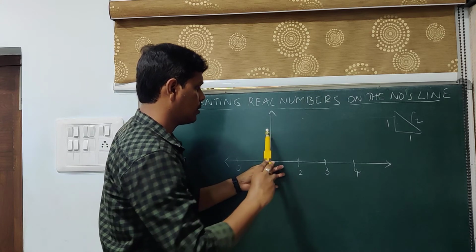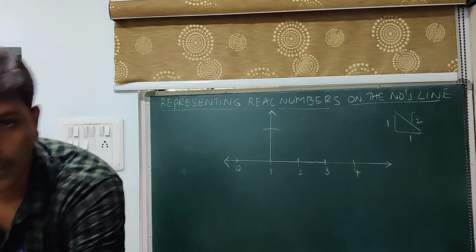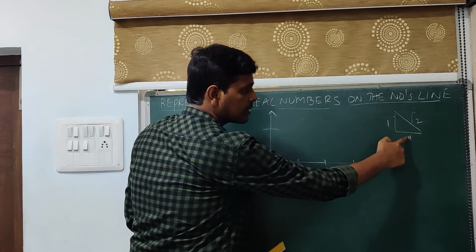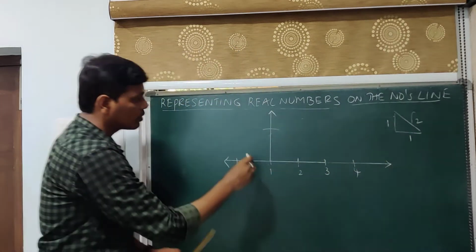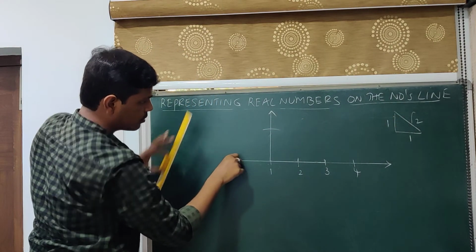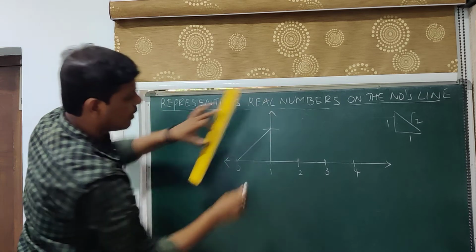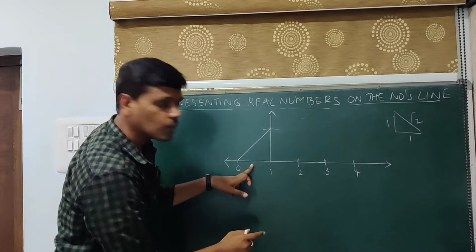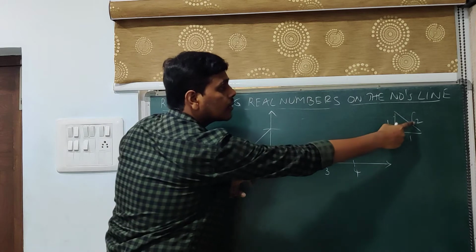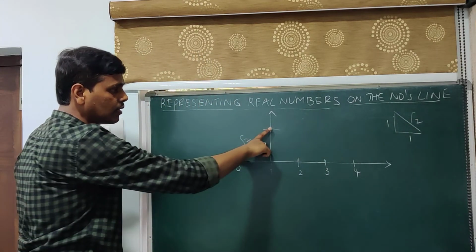So take this point as your center and cut an arc. So now this has become 1 unit, this has become 1 unit. That is, we have constructed this side and this side. Now this is left over. So to identify this side, I will be joining these 2 points. So this 1 point and this is another point. Now this is 1 unit, this is 1 unit. So 1 unit, and the hypotenuse will be root 2, which means that this is root 2. Now we have constructed root 2.